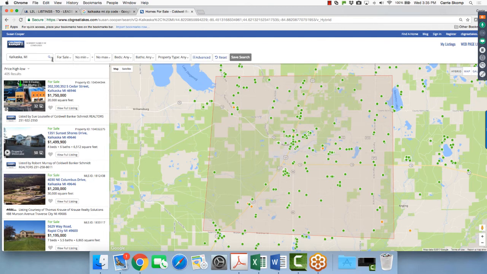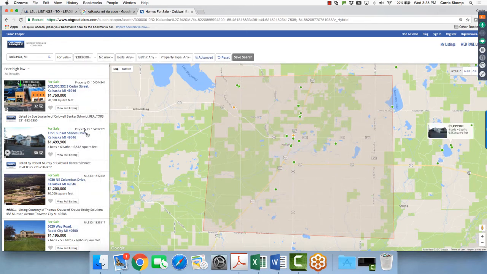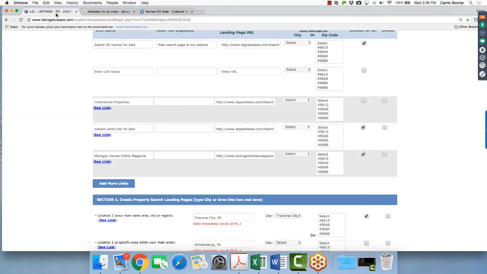So now that we have all of our Kalkaska, Michigan's homes for sale, you can see there's 405 results. We may want to do something like 300,000 and up. There's 30 results. So now that we have our search parameters, and you can do things like waterfront, you can do things like commercial, you can do beds, baths, a lot of options here. All you have to do is copy this entire URL thread, paste it into the landing page URL here,